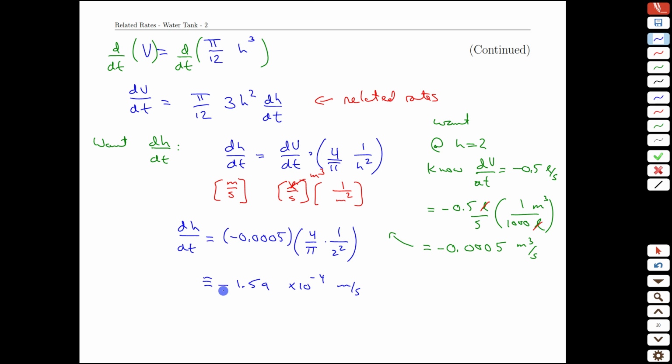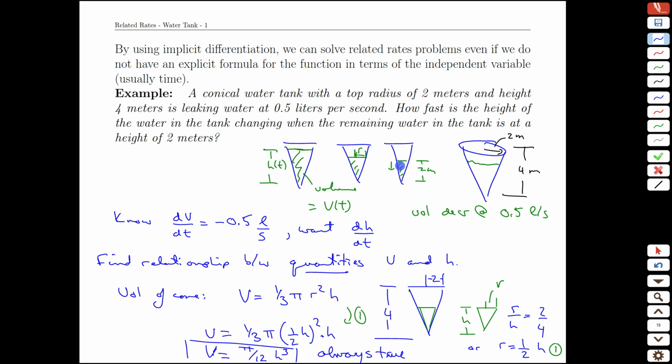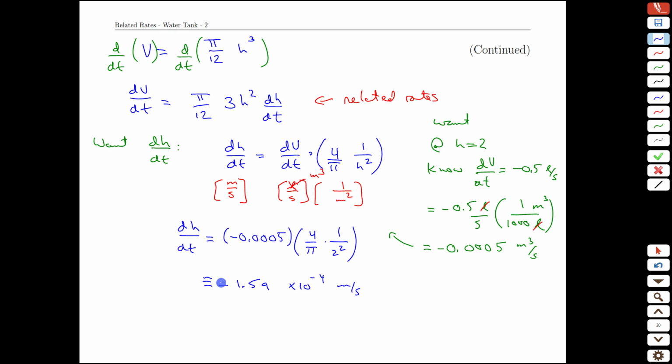We get the encouraging statement here that the derivative is negative though, which indicates that, yes indeed, the water level is dropping. The height of the water in this tank is going down because the derivative is in fact negative. So that falls out naturally as part of our calculations. So we'd say here the water level is dropping